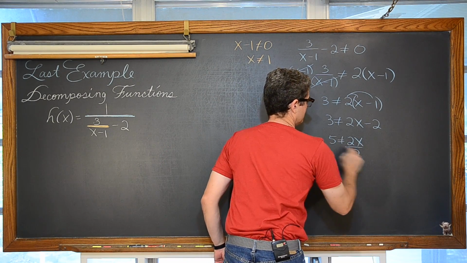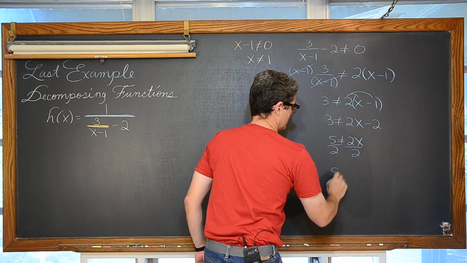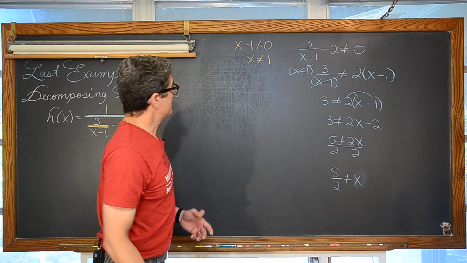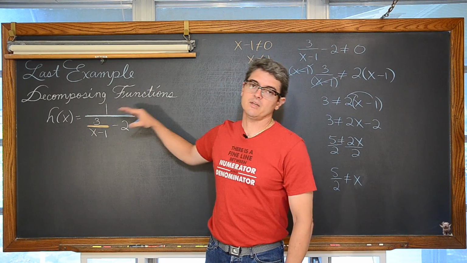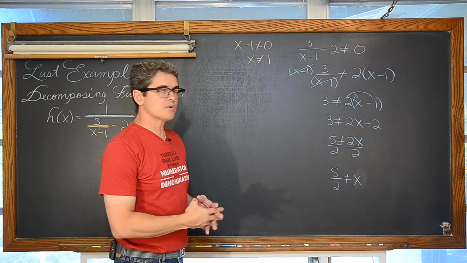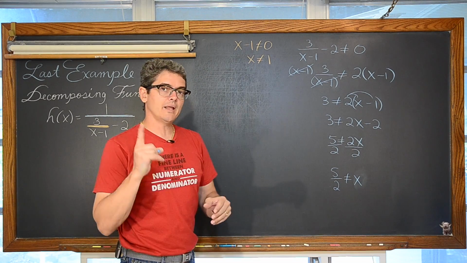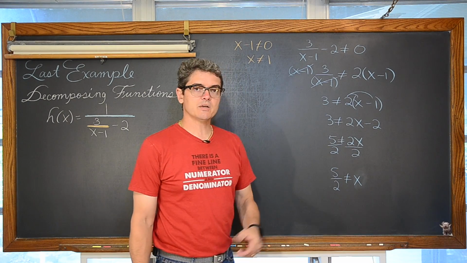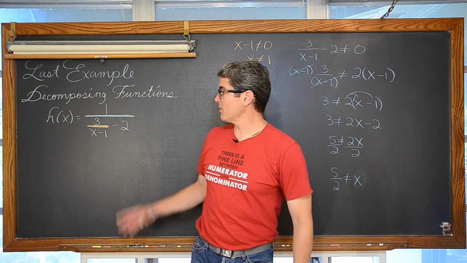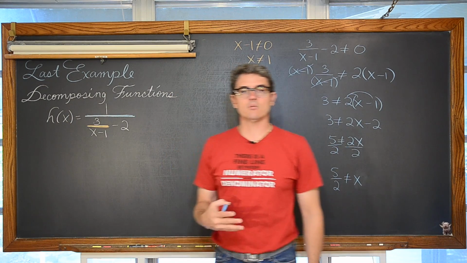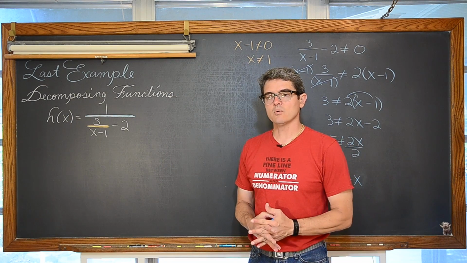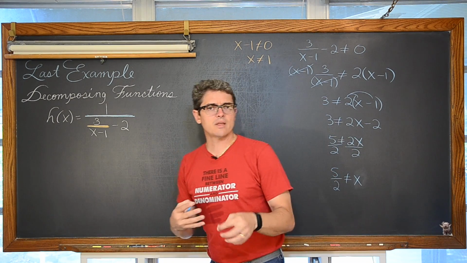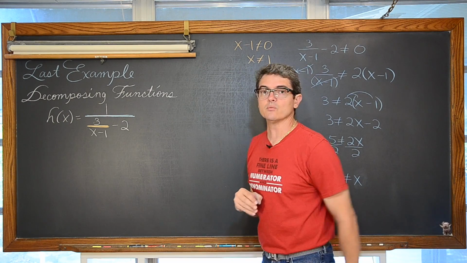Divide both sides by 2, and we get x cannot equal 5/2. So because we have a fraction within a fraction, we end up with two restrictions on our domain. x cannot be equal to 1, and x cannot be equal to 5/2, because either one of these values will somewhere within this rational function create a denominator which is equal to 0. You can't divide by 0. Now notice I'm not saying anything about having to have an expression greater than or equal to 0, because we don't have any even roots in this problem.